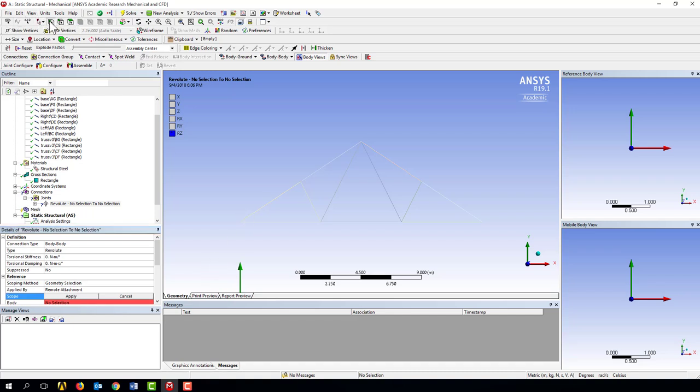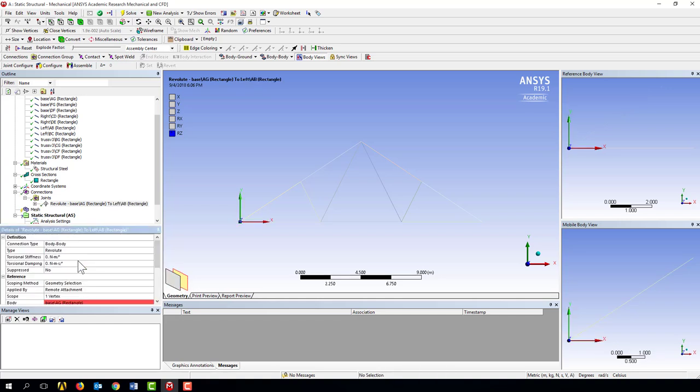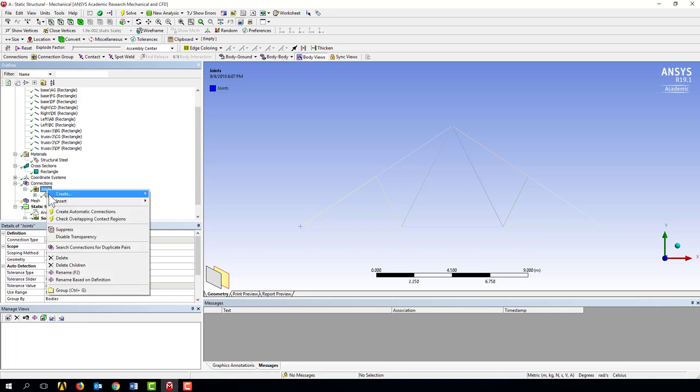So I'm going to come up here and select vertex, and I will click, and there's a double selection. Now I just want to have these two connected to each other, so it doesn't matter which one is which. So I'm going to hit apply, and then I'll come down and select the second one. And now I'll click this second rectangle, that will select the second one, and I'll hit apply, and I've created my first one. Now I can then proceed and insert